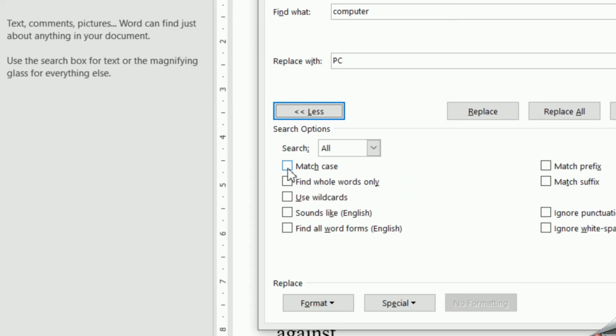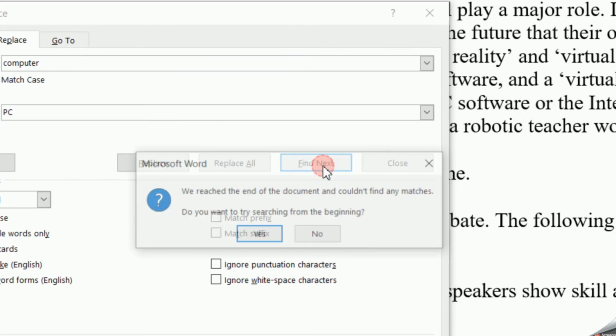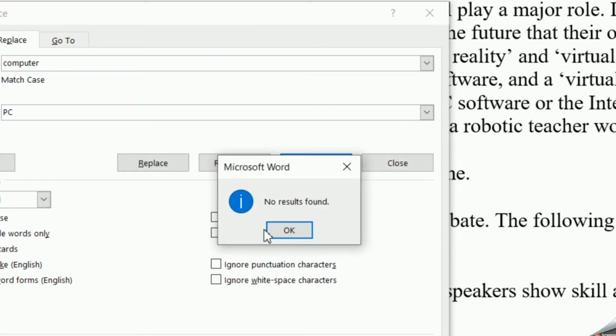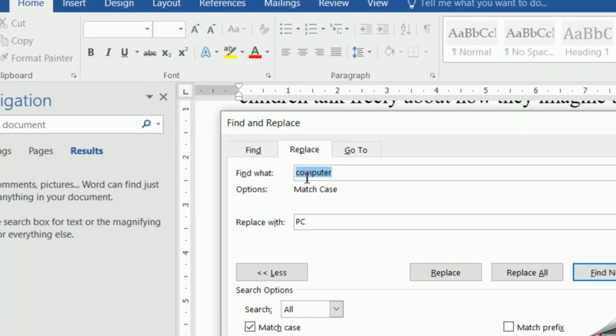Now I've already explained Match Case to you. If I click on Match Case, then it is going to only look for those words which exactly match this case. So there is no more word which contains computer. Let us try to find the word internet. You can see that the word internet over here appears in small letters.